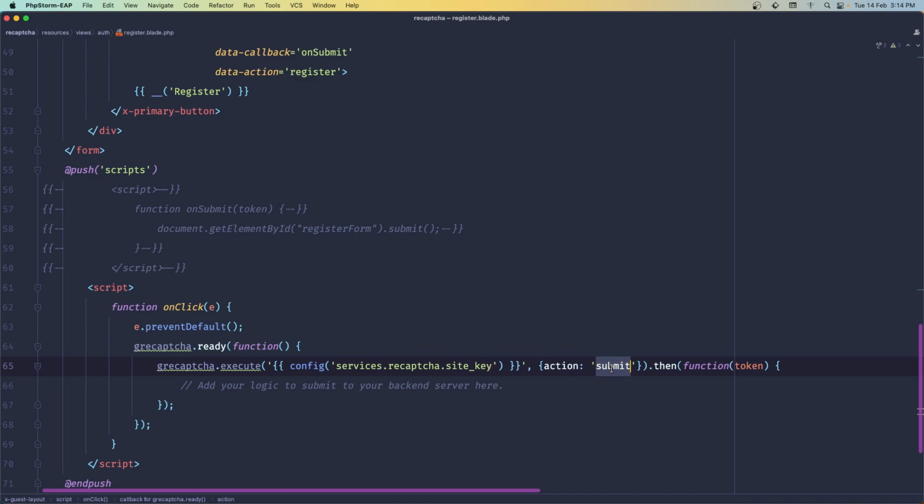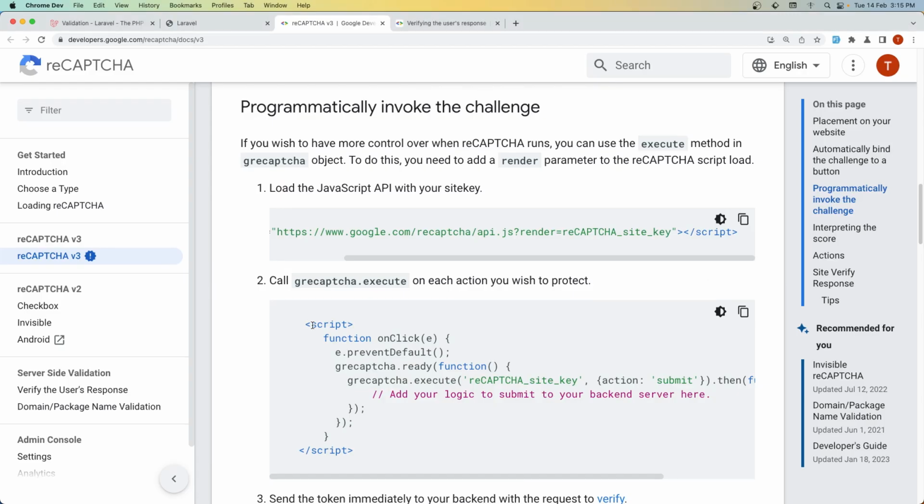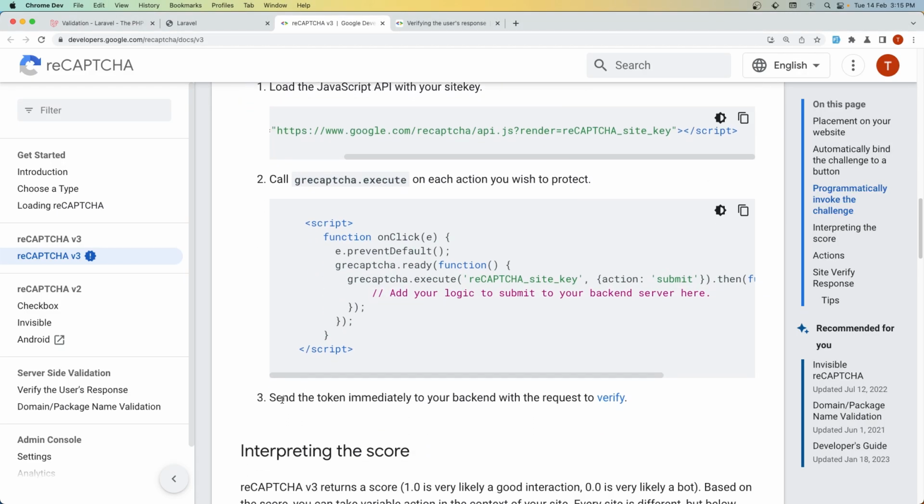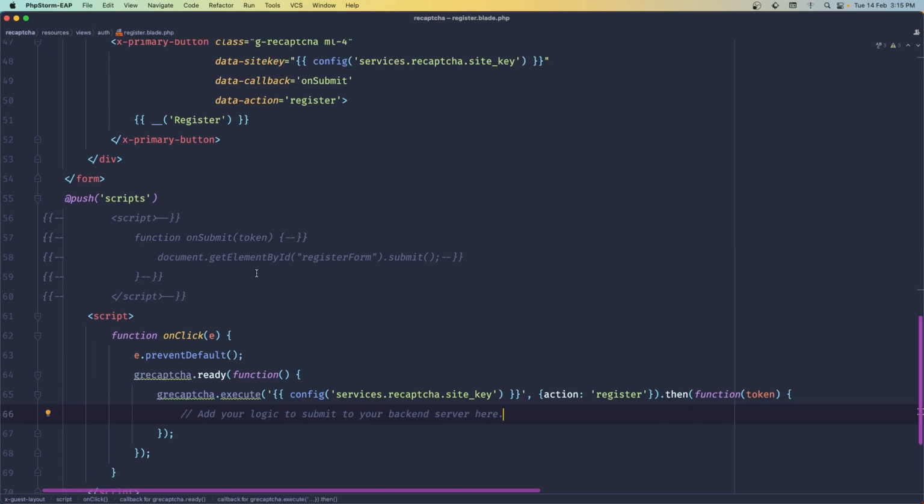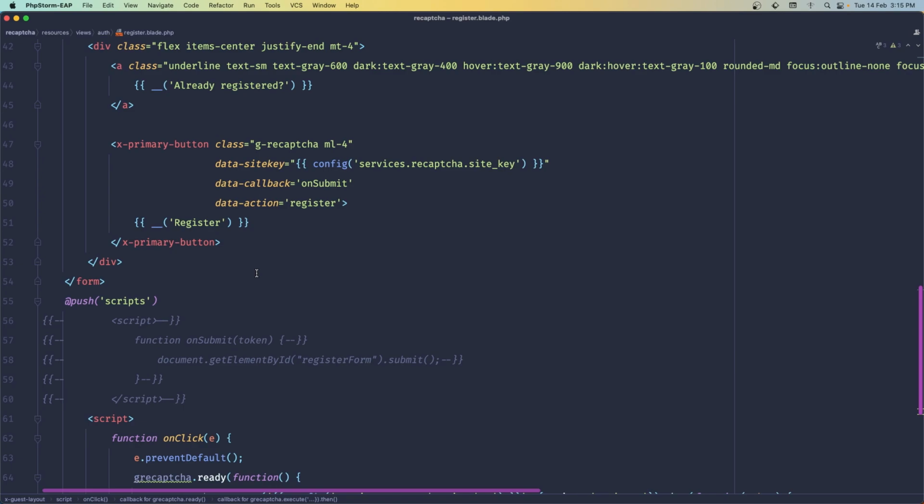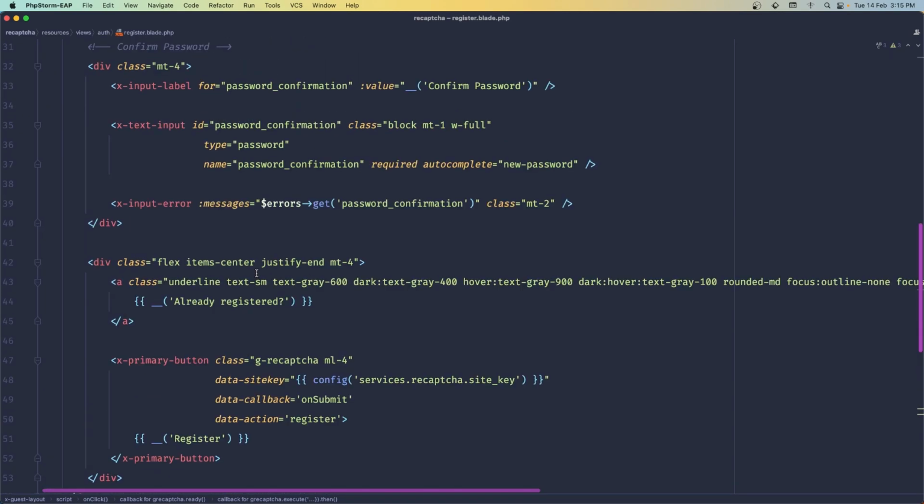Okay, action is going to be a register, and here we have a token, the same we get here, and we need to send the token immediately to your backend with the request. So to send the token, let's do something like this. Let's add here